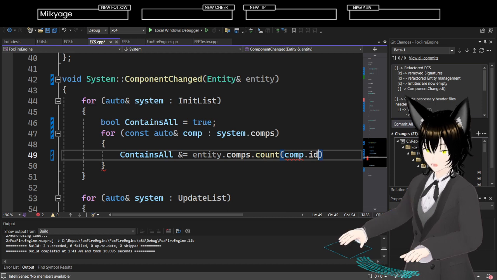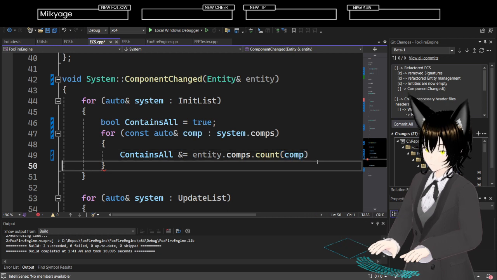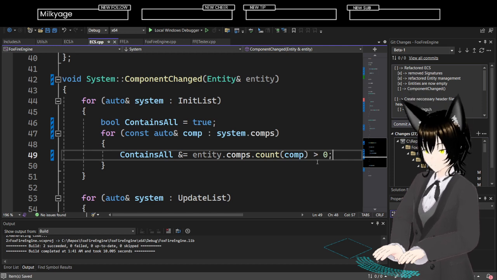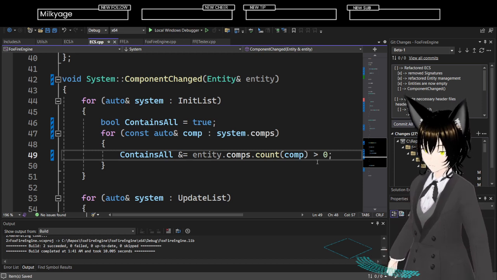Well, actually, no, it's just a component. And equals and count greater than 0. Yeah, if it contains that, that means, for, yeah, all I care about is if the component contains everything the system has. The entity can have other components.